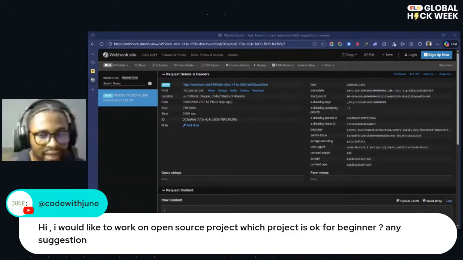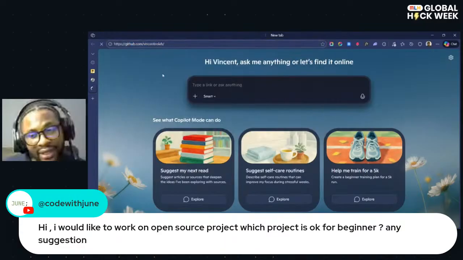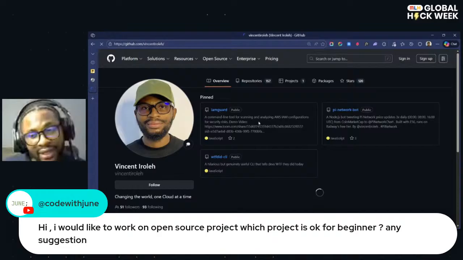If you're looking at building something that is open source that anybody can use, it's all about you, what you think is useful, or something you have built, and you feel like, okay, I'm just going to make this open so anyone can use it. I have a few open source projects myself that I have built. Let me show you one of them. I just go to my GitHub. I built an open source project.